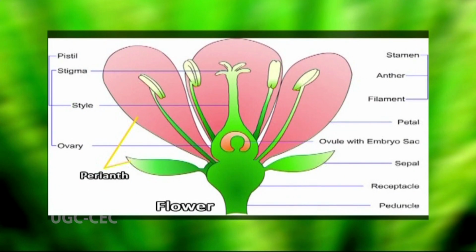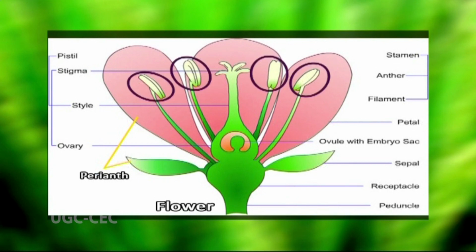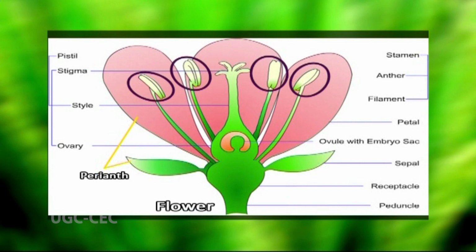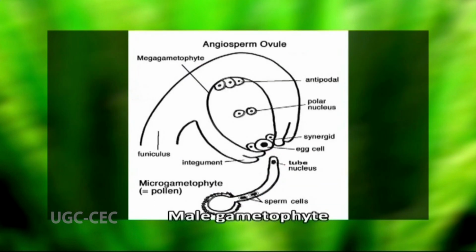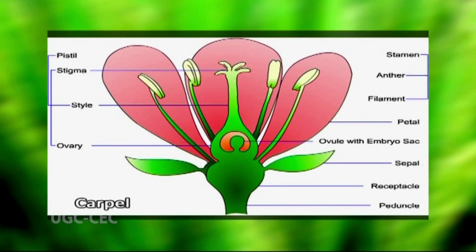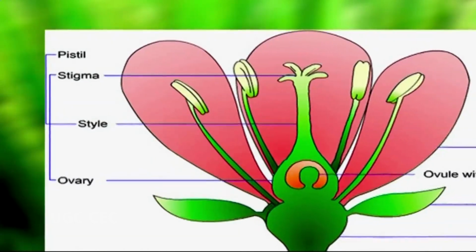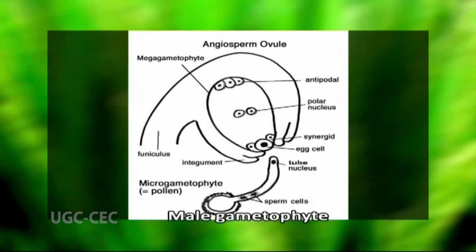Androecium is comprised of the stamens, that is the male part of the flower, with two lateral theca. Each of these theca is comprised of two microsporangia. We have a reduced 3-nucleate male gametophyte within the angiosperms. The female part, that is the carpels within a flower, has a stigmatic surface which is used for pollen germination. One more diagnostic character of angiosperms is that they have a reduced female gametophyte, which usually comprises 8